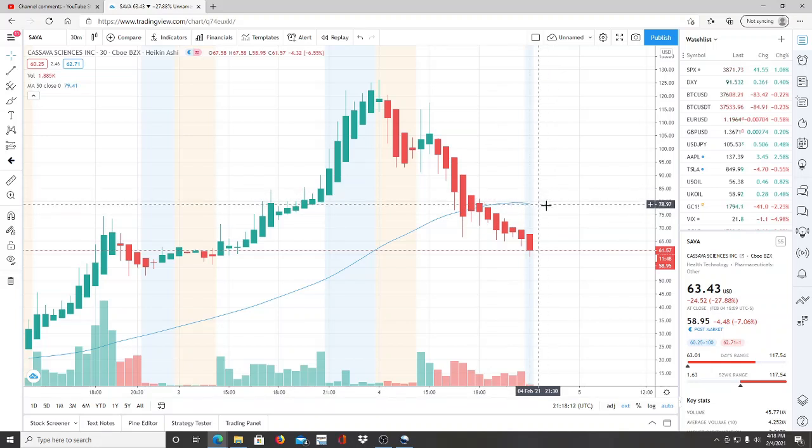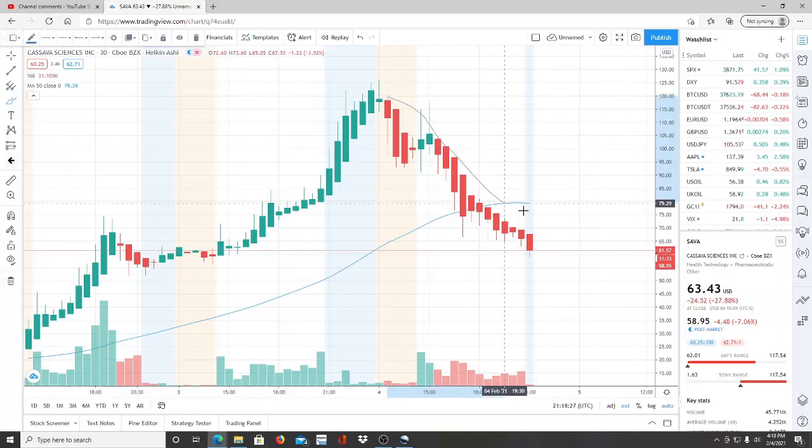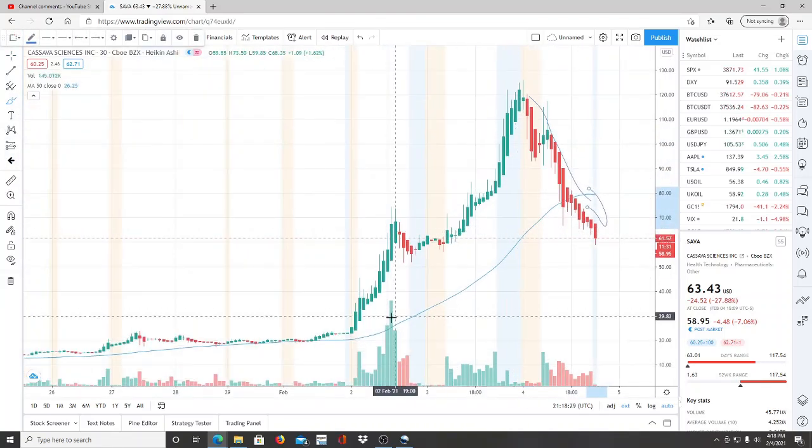I can't land exactly on it, but 79.41. As long as we're below it, we're in bearish territory. The moment we're above it, we're in bullish territory. Now, tomorrow the bulls can reappear because the bears have pulled this down so much, and especially with this run